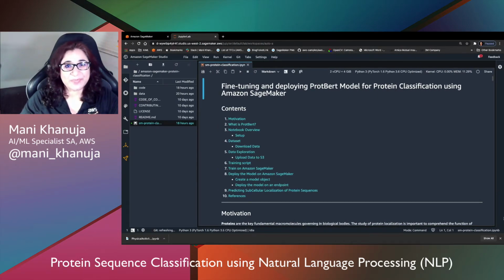I'm using SageMaker for developing the solution, and we will use this notebook. But before we start the notebook walkthrough, let me cover a few important points. What exactly will we be doing in this notebook? We'll download our data of the protein sequences, which is the DeepLoc dataset. We'll do some exploratory data analysis on it. Then we'll start with the training, followed by the deployment and prediction. So let's first start with